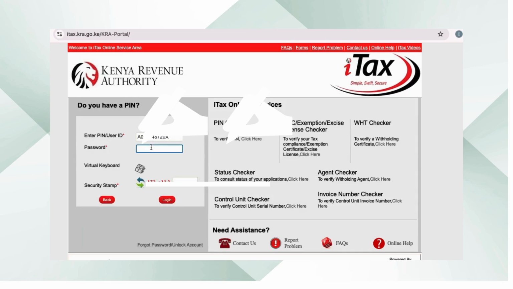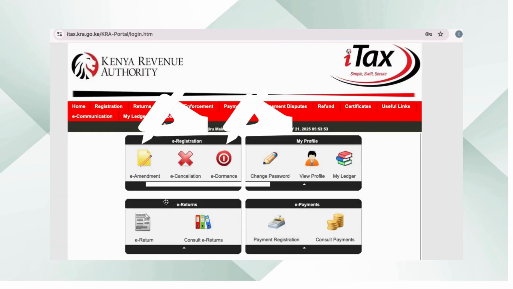Then step number three, enter your password. You know your password. So make sure you enter your password correctly and then go ahead and solve this simple math here just to prove that you are not a robot. Then click login. This will take you into the dashboard, and now we go to step number four, whereby